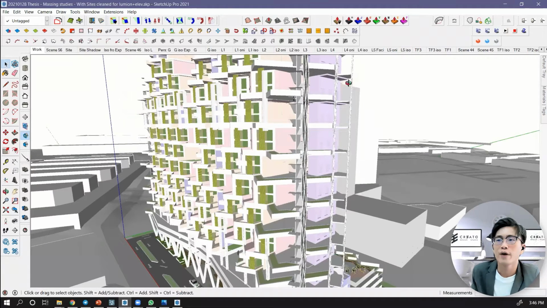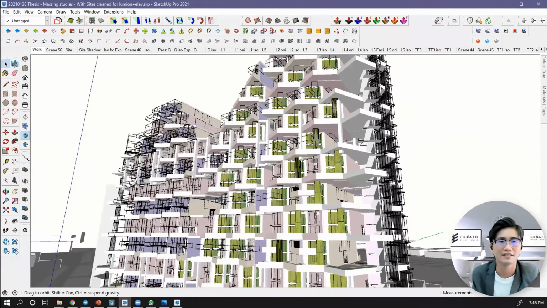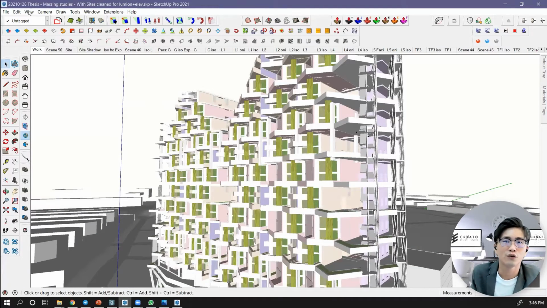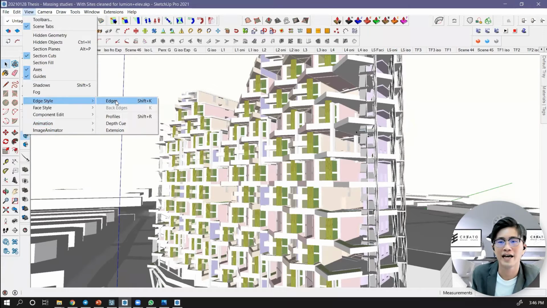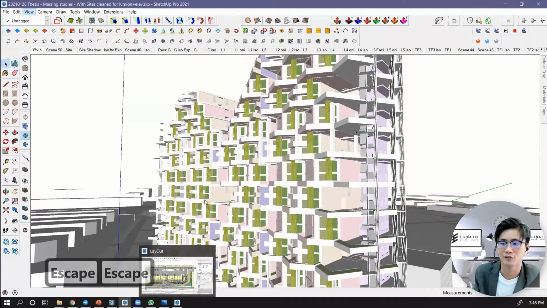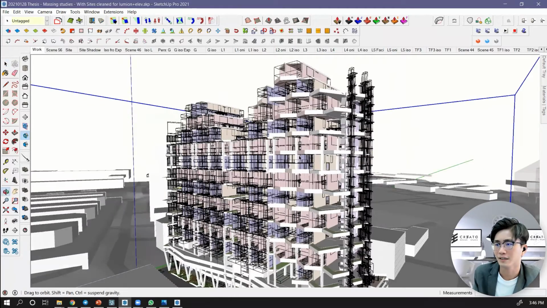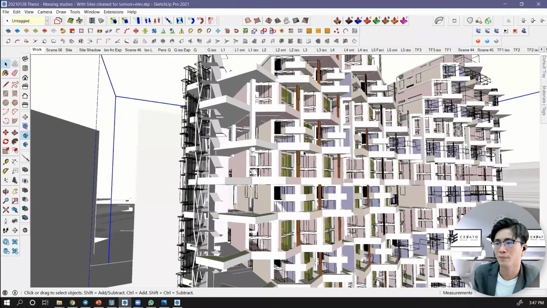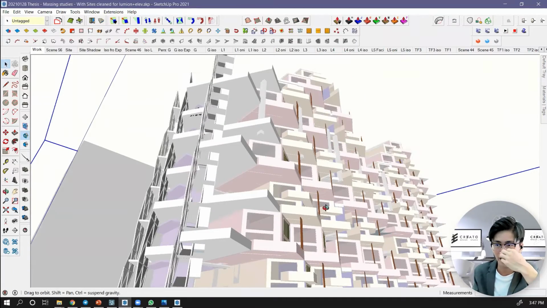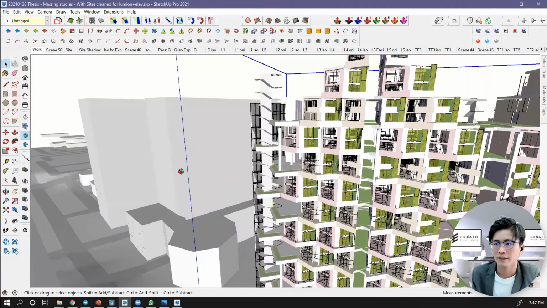Next, when you navigate, you can turn off the lines. You can go to view, edge style, and turn off the lines. Currently it's without the edges, so I can navigate in a smoother experience. Now it's no linework. Even though this file is very big with many trees, it's still quite smooth. Okay, so it's linework.